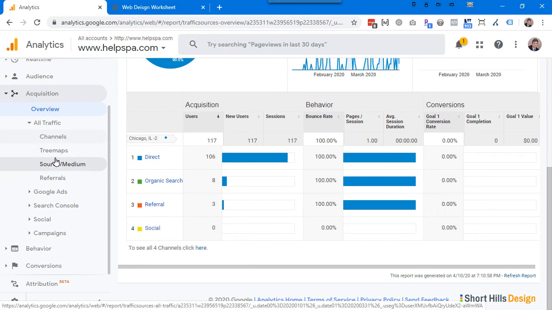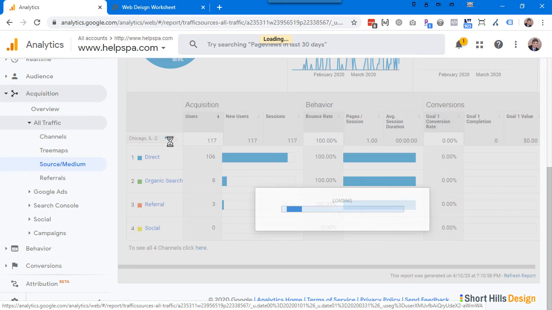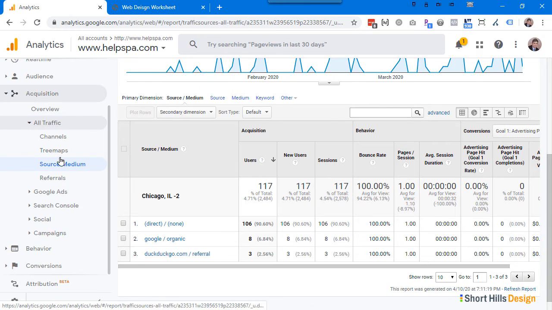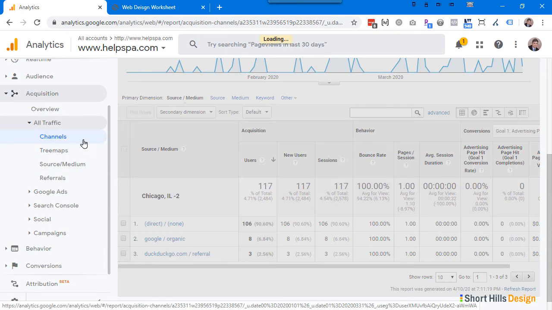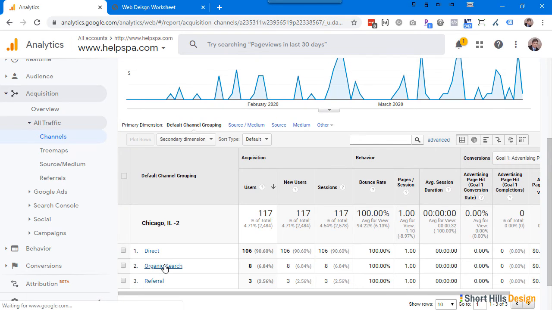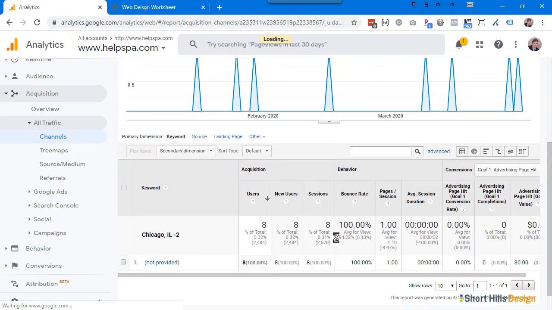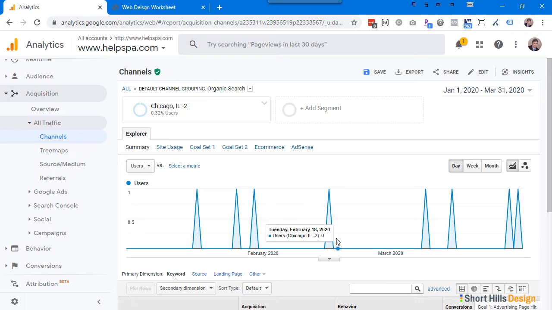Let's look at organic traffic, because this is a really important one. Actually, I want to back up here for a minute. Let's just go to channels and keep it regular with organic search. This is important because organic search is free. Now, you may be paying someone to do SEO for you, so that part isn't free, but this is traffic from all search engines, Google, Yahoo, Bing, whatever it is, DuckDuckGo. Now, I don't have a lot of data here,